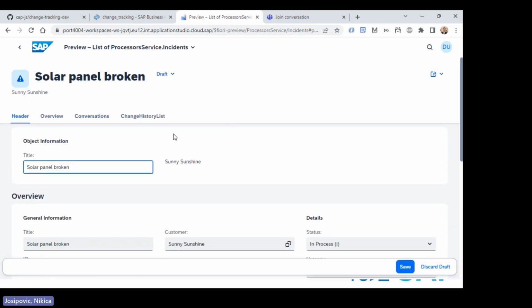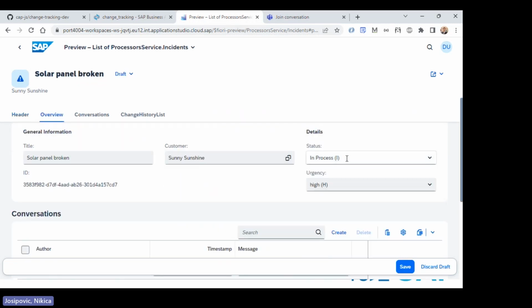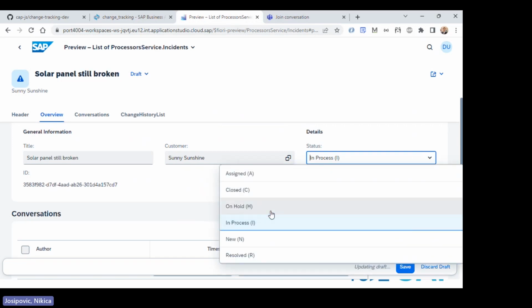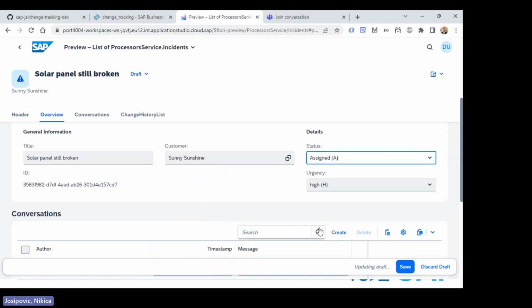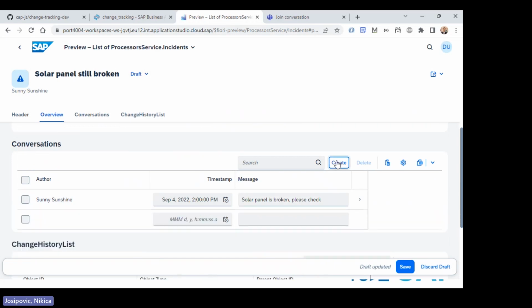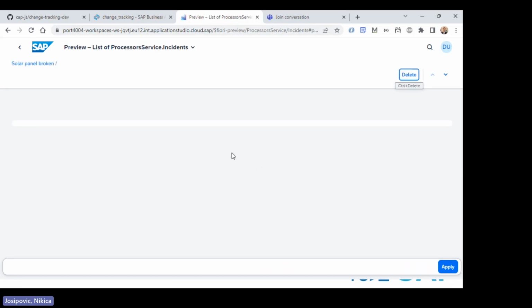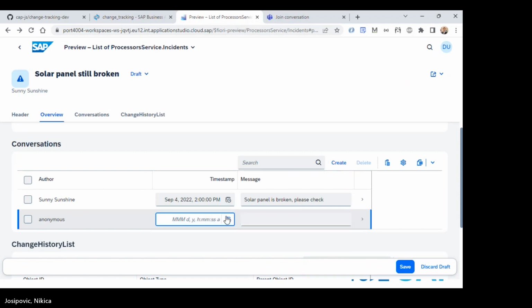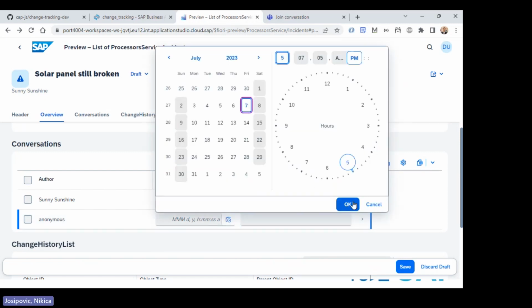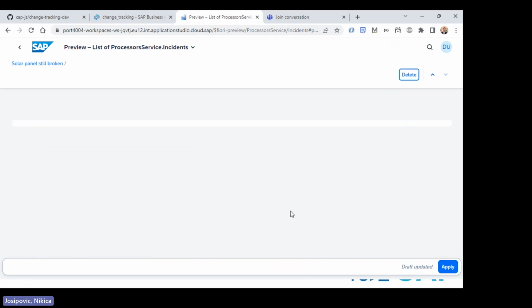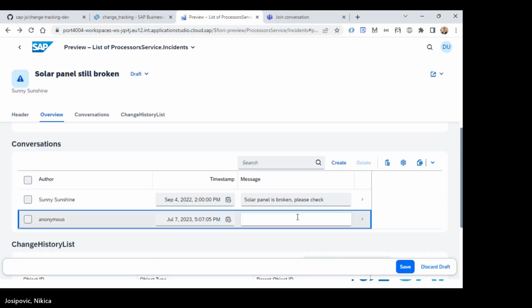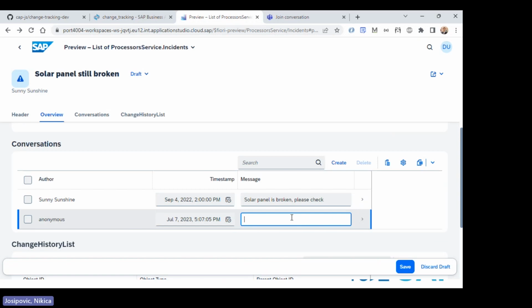If I now go, let's say solar panel broken, and I change that still to broken, and I perhaps go and say from in process to assigned, and perhaps I also add a new conversation here, and that conversation, something. Okay. Something happened because of a small screen resolution, probably. Yeah. Okay. And